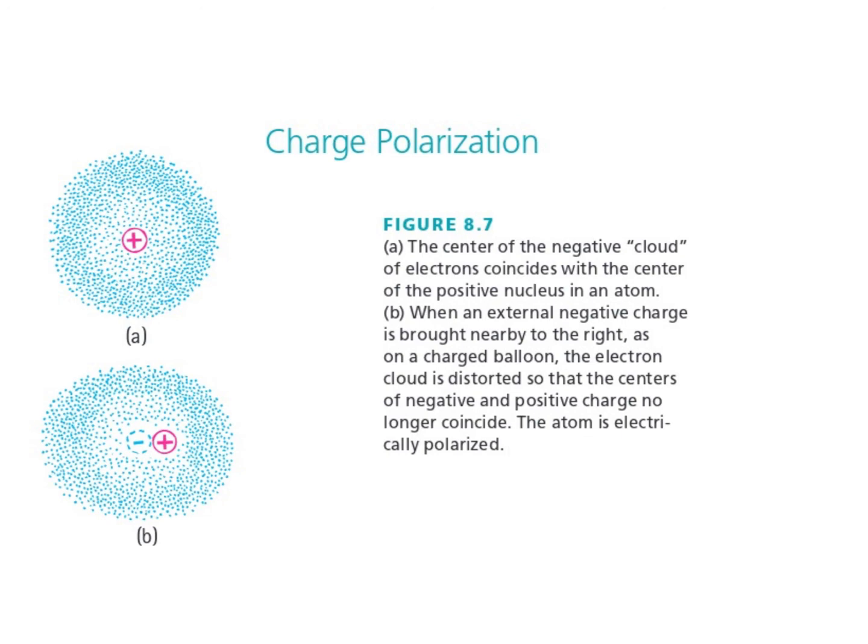Now, here you can see everything is symmetric. And so the center of all the electron locations averages out to equal the center where the proton is. And so this atom has no net electrical forces, because there's really no separation between the positive and negative charges on average.